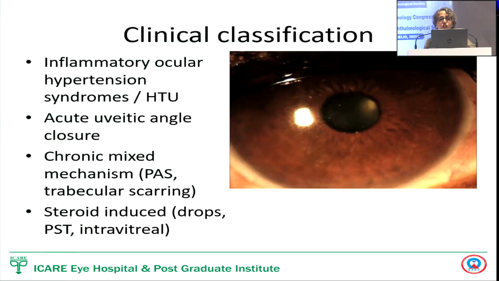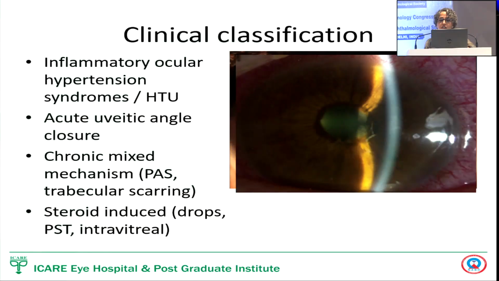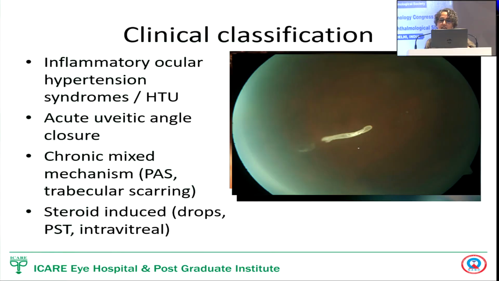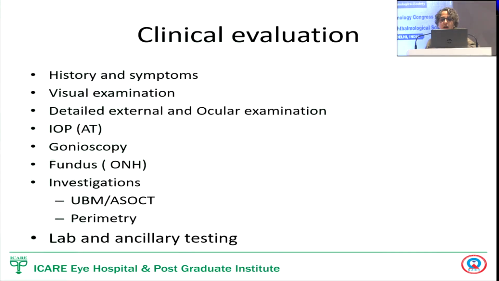Here, this is a classical picture where you have very subtle inflammation, no posterior synechiae, classical of hypertensive uveitis associated with viral illnesses. This is a pupillary block due to posterior synechiae and broad anterior synechiae in eyes with, let's say, granulomatous uveitis, and you can see over here a long-standing steroid-releasing implant in the vitreous. So it's important to take a good history, symptoms, and a good examination, but of course doing gonioscopy is extremely important in such eyes, along with applanation tonometry. The optic nerve has to be evaluated, as we mentioned in the earlier part of the session, that sometimes it's difficult to do imaging in these eyes because of the clarity or your posterior synechiae.